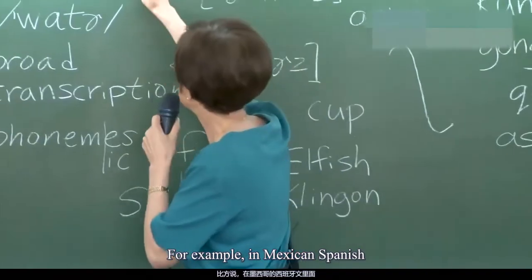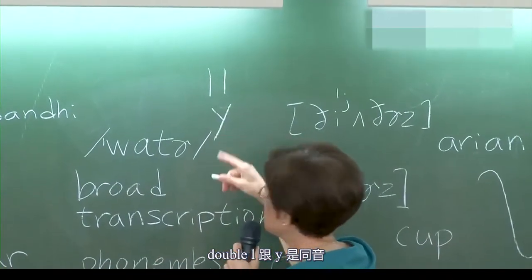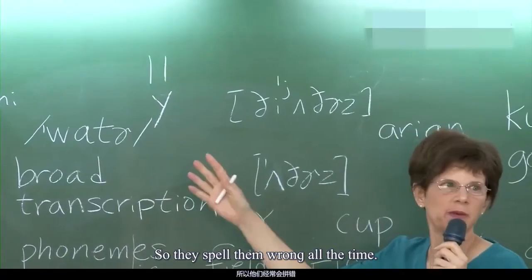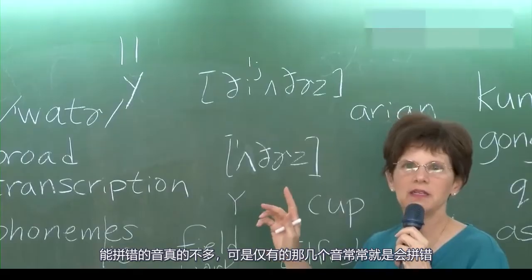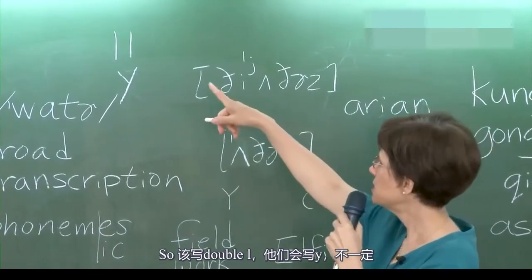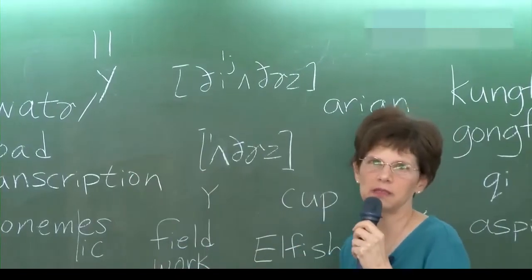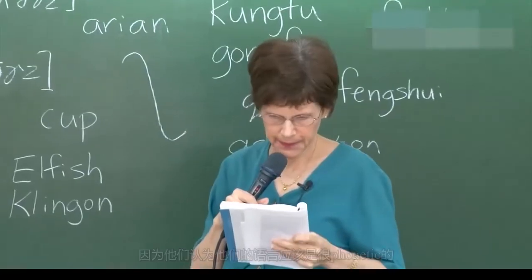For example, in Mexican Spanish, double L and Y 是同音 so they spell them wrong all the time. 能拼错的音真的不多，可是仅有的那几个音常常就是会拼错。所以该写 double L 他们会写 Y 也不一定，OK？因为他们认为他们的语言应该是很 phonetic 的。